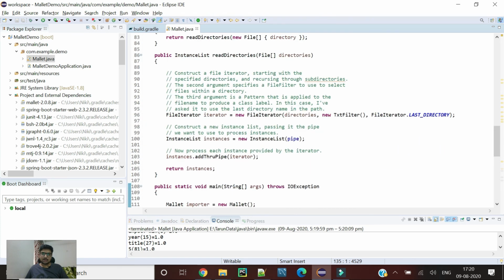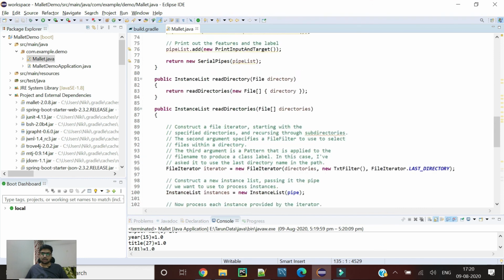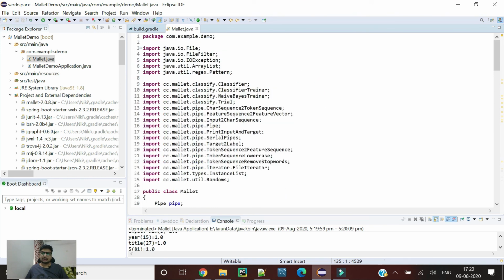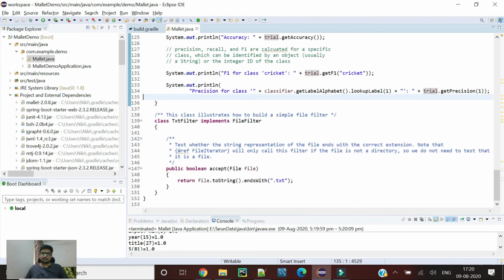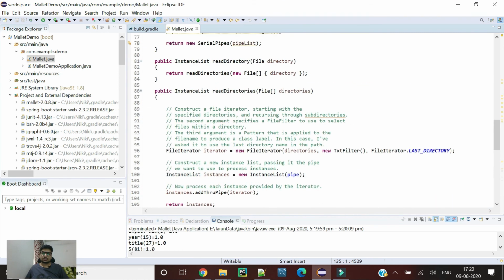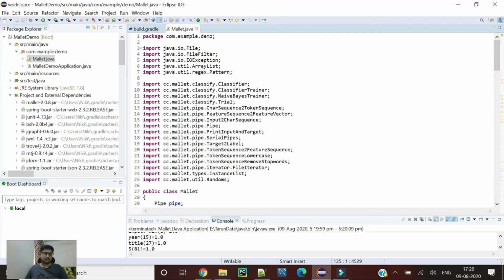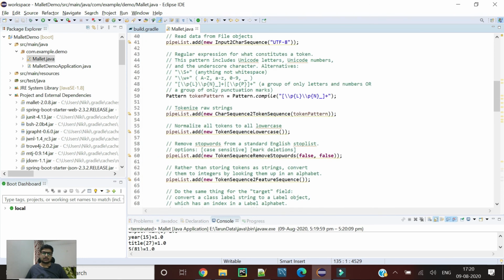This is how we can implement Mallet in Java, and in the next video we'll take it further and try to implement it in an industrial way, creating an API through which we can provide the text and get the classification done.